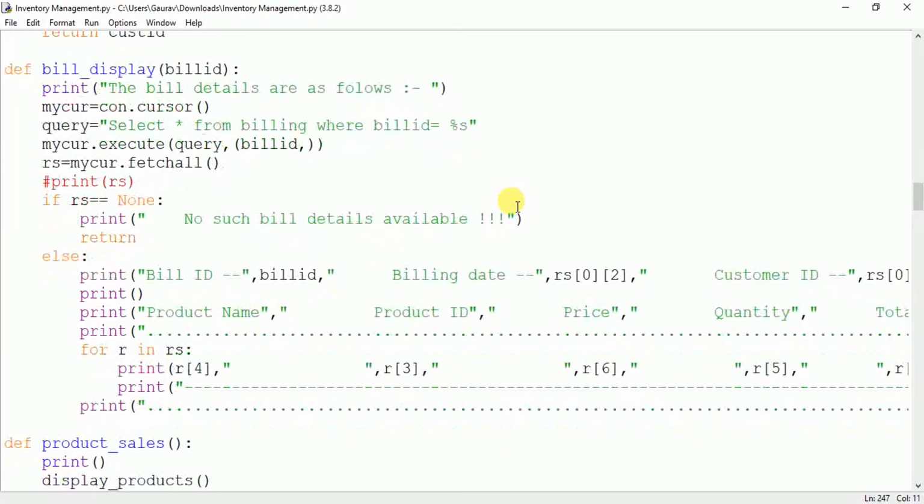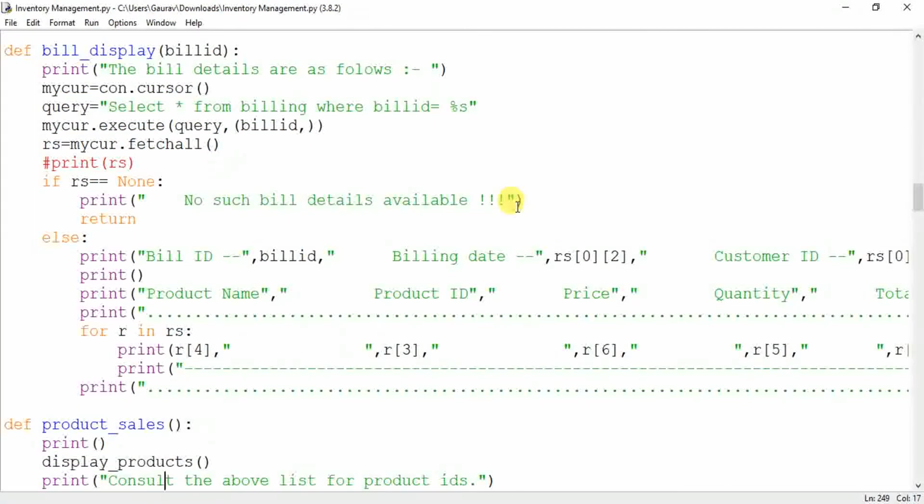Okay, so if the bill ID is not existing, it will give no such bill details available, and if the bill ID is available, you will display this bill ID, the date of billing, customer ID. These will be displayed only once, the bill ID, the billing date, the customer ID at the top, and after that you will get the bill.